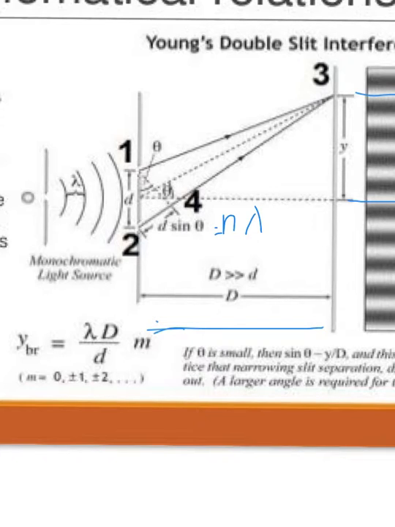Now, we already know, maths comes and saves us, that sine of that angle is the same as theta itself because the angle is very, very small. So what we have is d theta equals